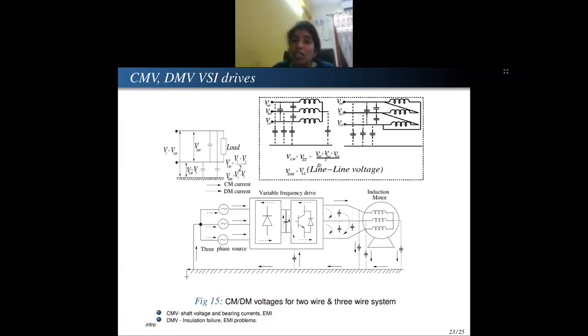The sources of these voltages, if we extend it the same way, the addition of all three, VAO, VBO, VCO, is the common mode voltage. And the differential mode voltage is the line-to-line voltage. So you could see this is the definition of common mode and differential mode. Basically, you have some source, and the paths are different, so automatically they will give different